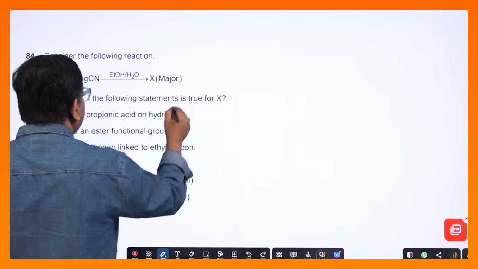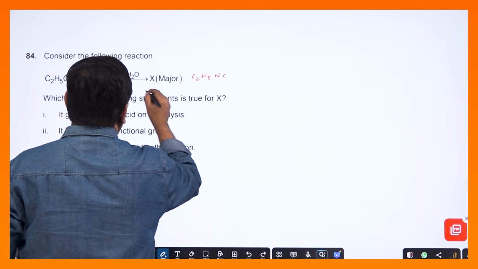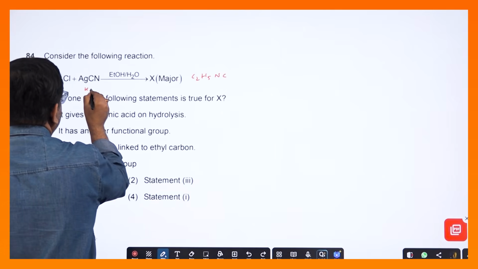নেক্সট কোশ্চেন, কোশ্চেন নাম্বার 34, বেসিক কোশ্চেন। এর সাথে অ্যাটাক করলে প্রোডাক্ট কি হবে, C2H5NC। আর KCN দিলে কি হয়, এখানে যদি KCN দিতাম তাহলে হচ্ছে